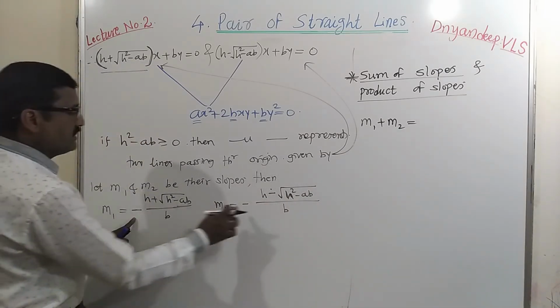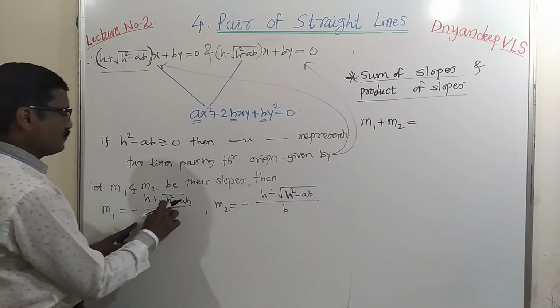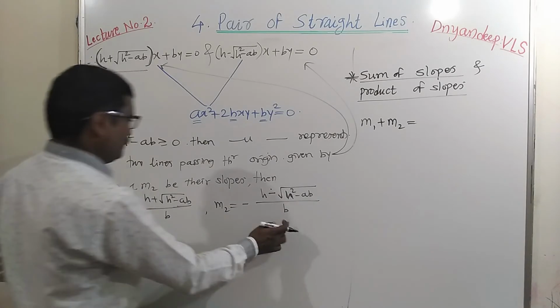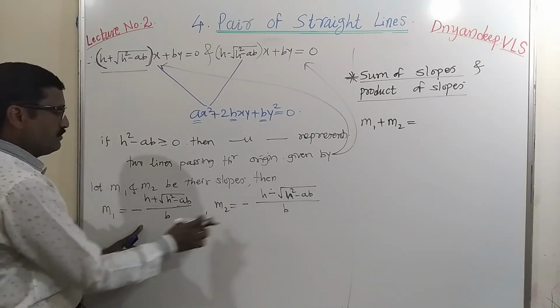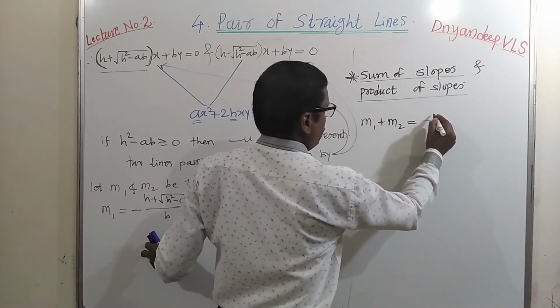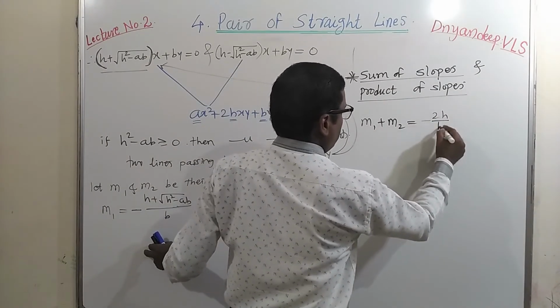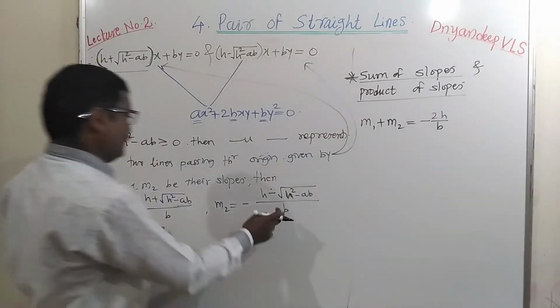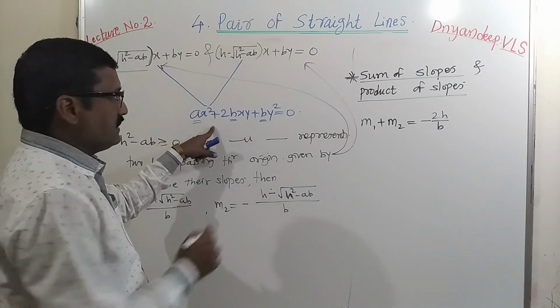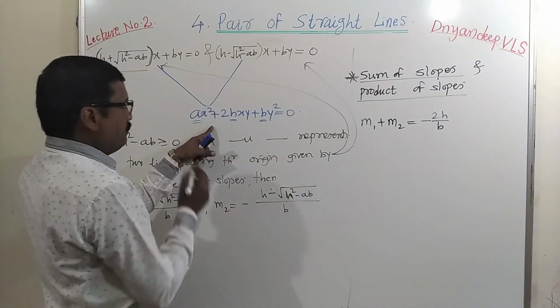So whenever we take addition of m1 and m2, minus h upon b and minus h upon b becomes minus 2h upon b, and this second term gets cancelled. So the sum of the slopes of two lines whose combined equation is this is equal to minus 2h upon b,